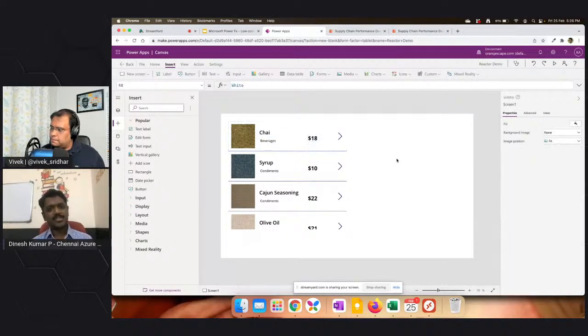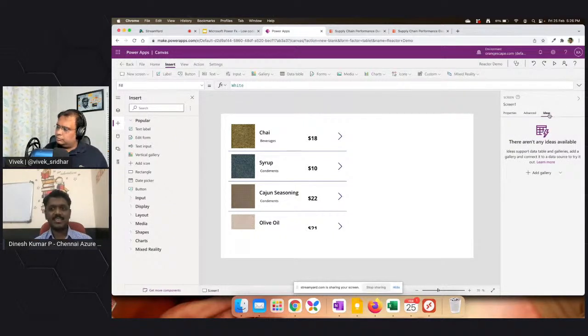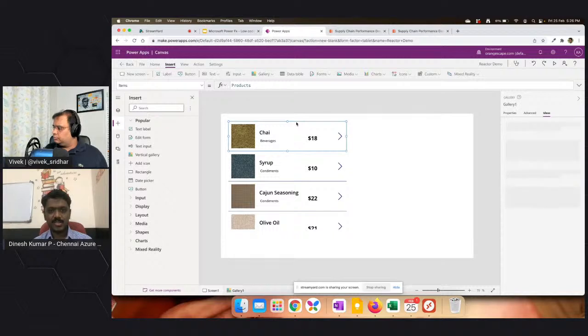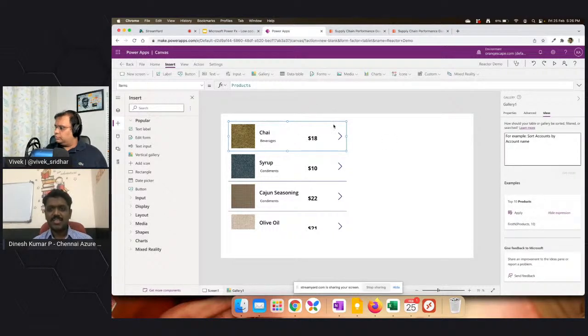So once I have done this, I'd like to categorize or order this list of items in a different way, right? Let's try something. I just need to categorize based on the top 10 products. Okay, so I can just directly go to the ideas section and just click on this gallery item,